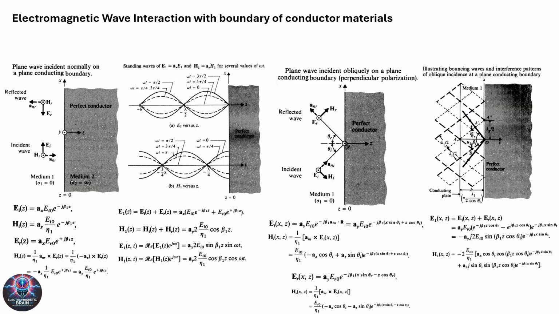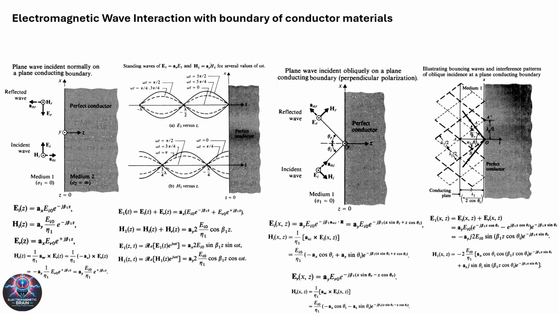In this slide, we delve into the interaction of electromagnetic waves with material boundaries, focusing specifically on conductive surfaces. We will examine two scenarios: normal incidence and oblique incidence of waves on a conductor. The slide presents the relevant equations for the incident and reflected fields by applying boundary conditions for both normal and oblique incidences. Additionally, the total field, which results from the combination of the incident and reflected waves, is also shown